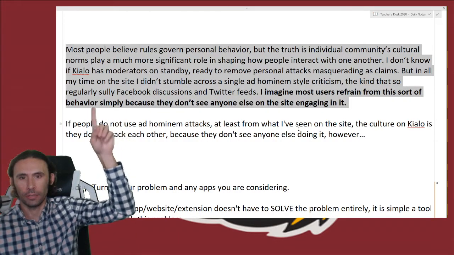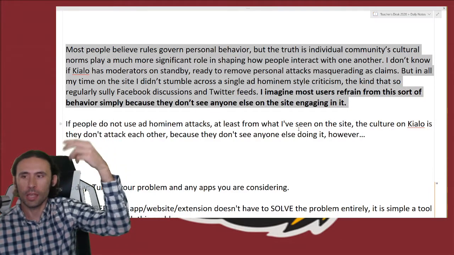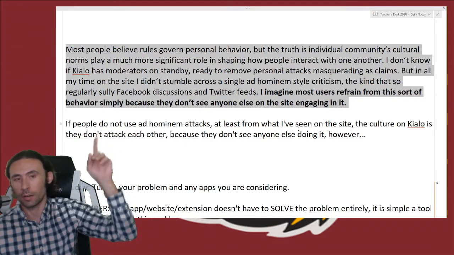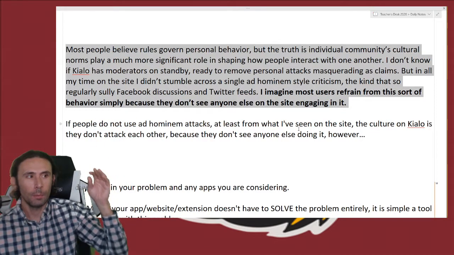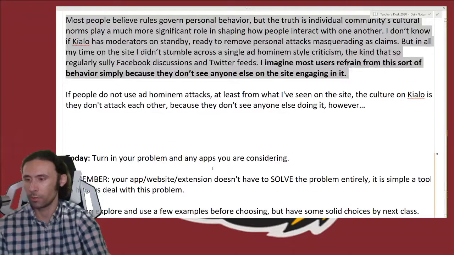in many different ways. He has a claim in this paragraph. He has an argument. He has a qualifier. He has all these things in here. He might have a rebuttal in this paragraph. The rebuttal might come later. But he has all of these things in this paragraph. That's what I want you to go for.